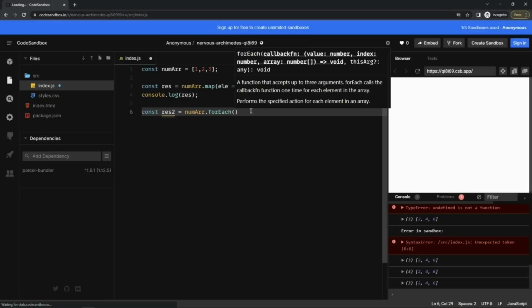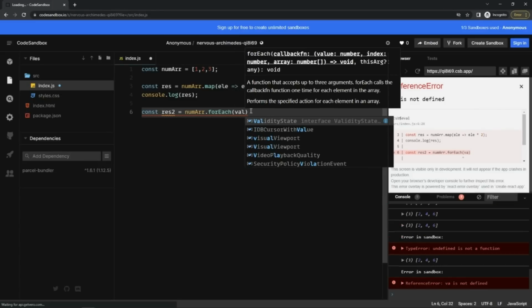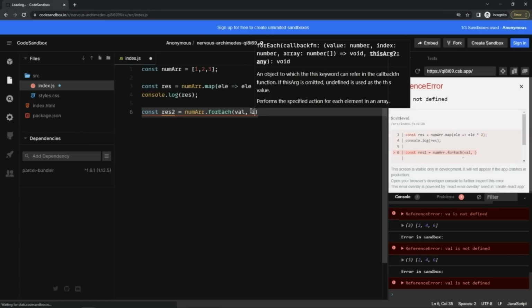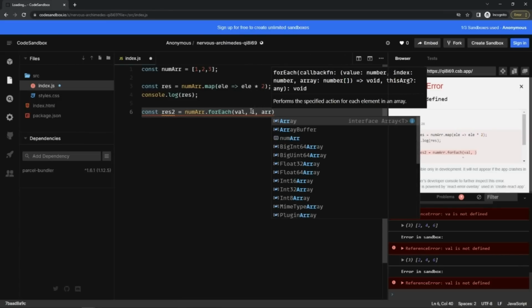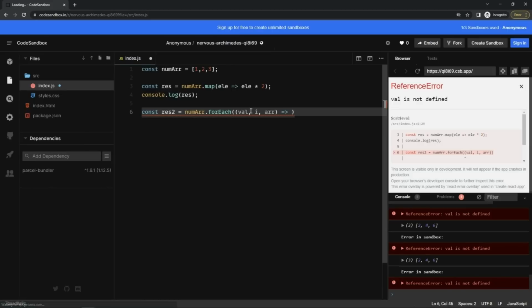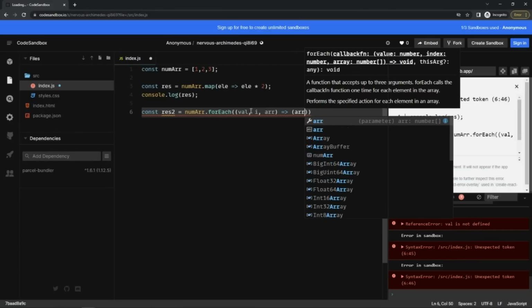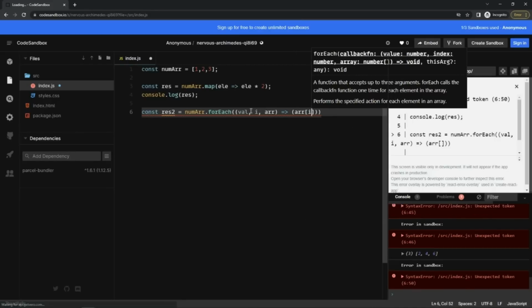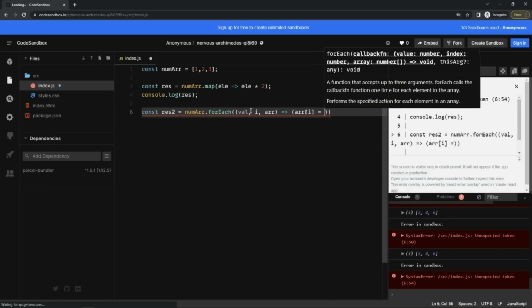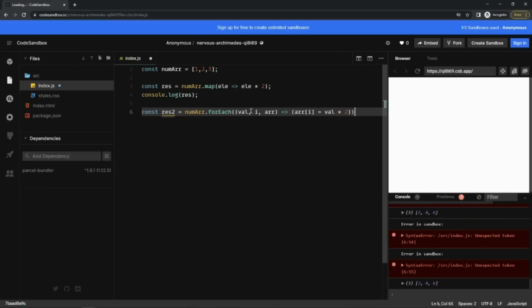Okay, so let me write value, index, and array here, and it's inside for each. So let's write it like this, and an arrow function again. And then I can write